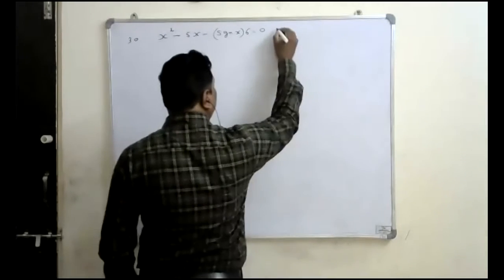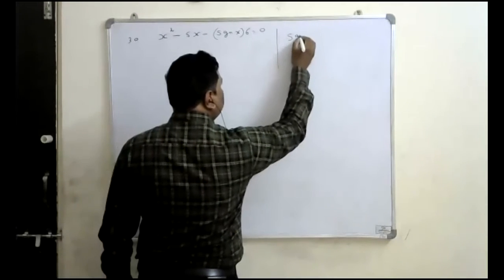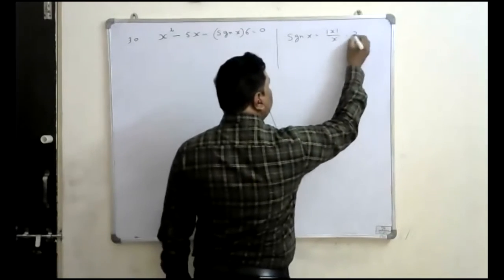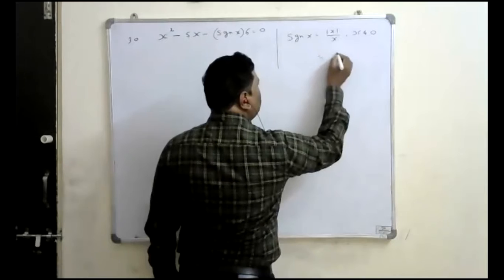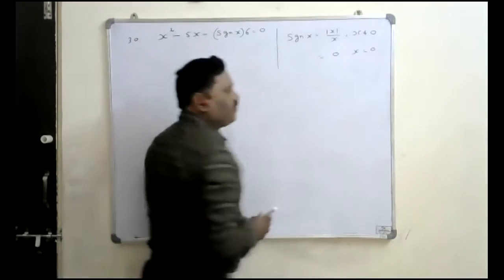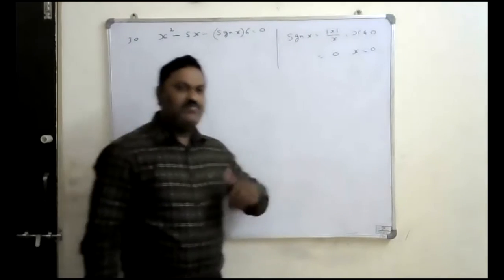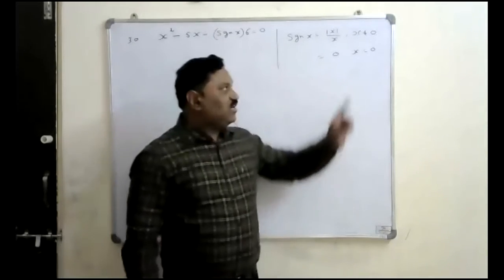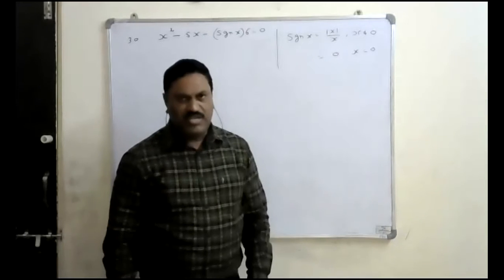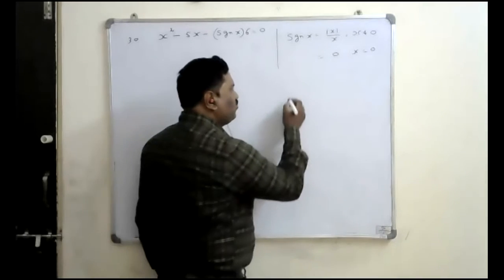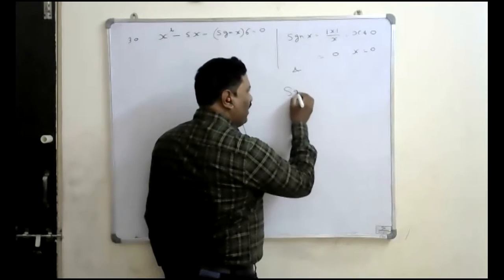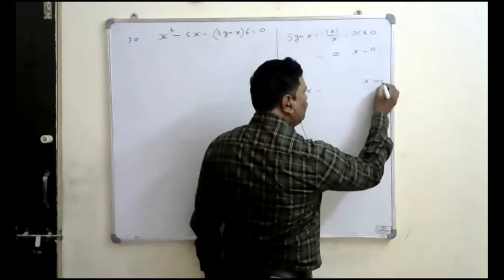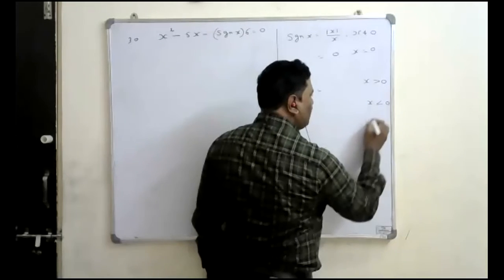So the meaning is that Sgn of x, or signum of x, is nothing but mod x by x when x is not equal to 0, and it is 0 when x is equal to 0. So when x is equal to 0, the value of the signature function will be 0. When x is not equal to 0, that value will be mod x by x. Again, you can also redefine it by taking the cases when x is positive, when x is negative, and when x is equal to 0.